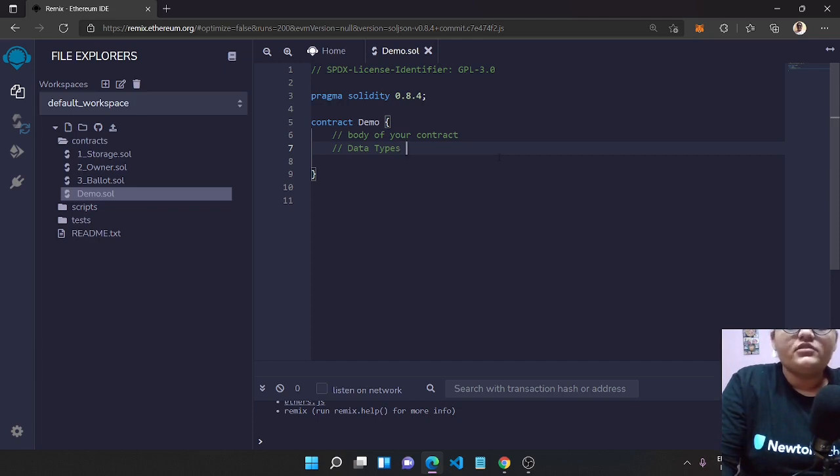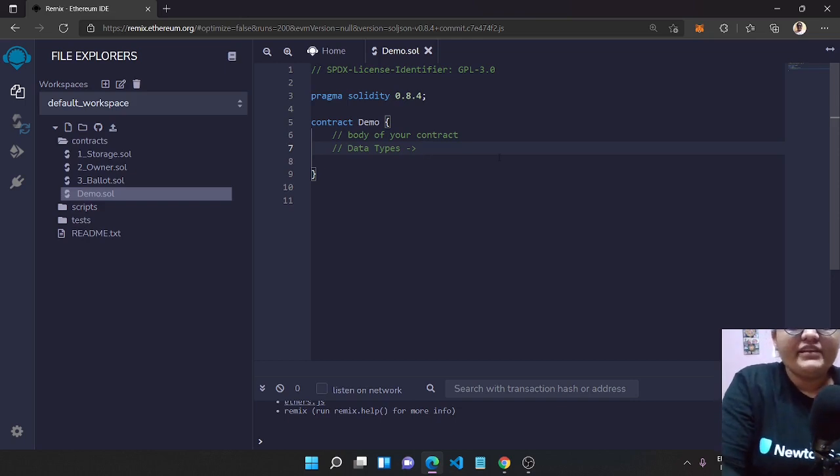So those were the complex ones, and there are some complex arrays and mapping, which are a secondary type of data type. Those are structures that are a little bit more complex, and they have more functions than the primary ones.